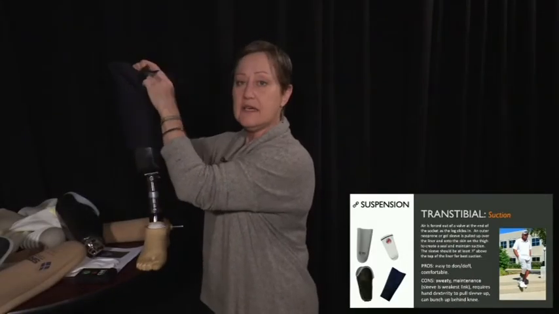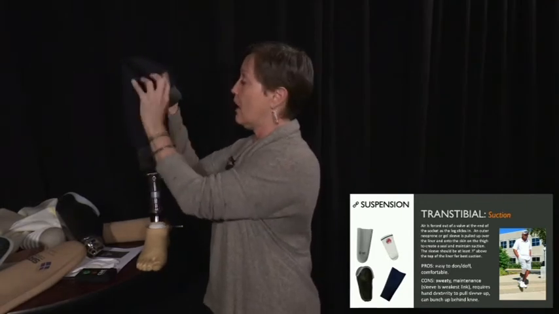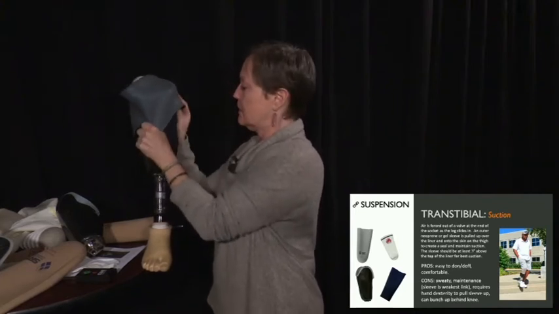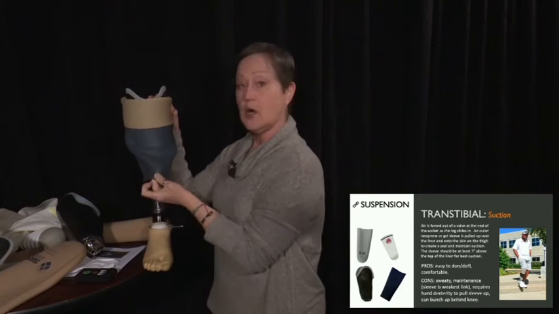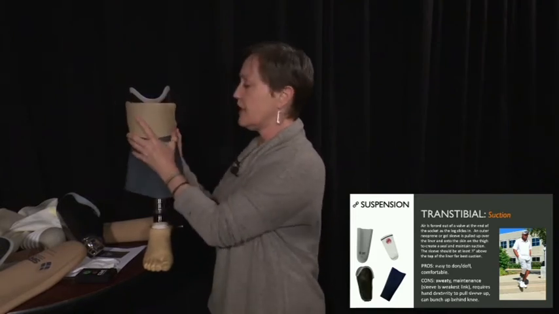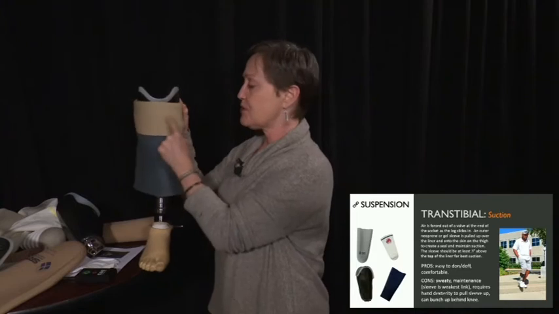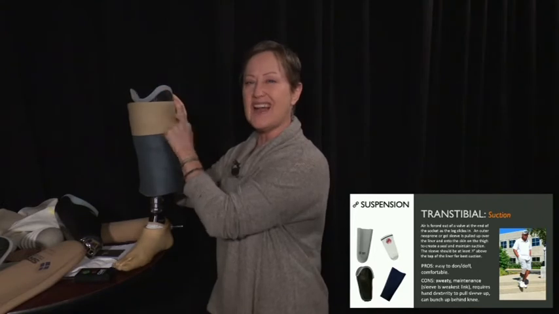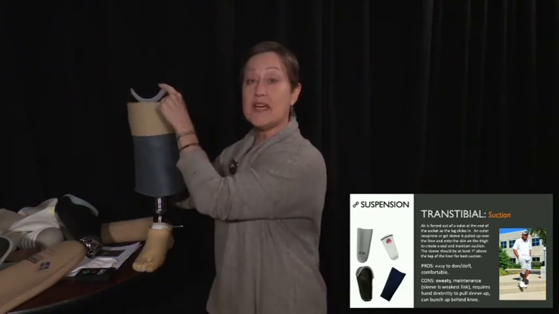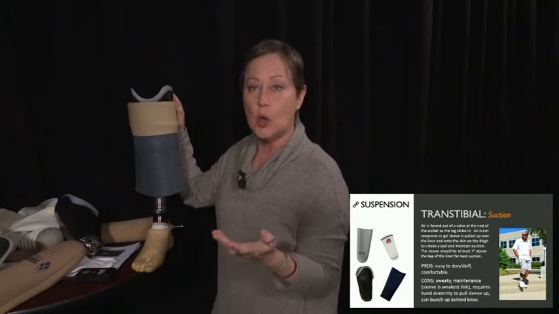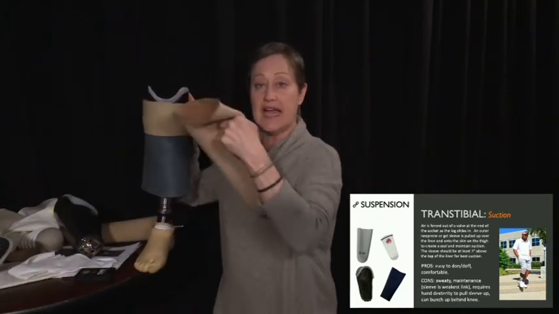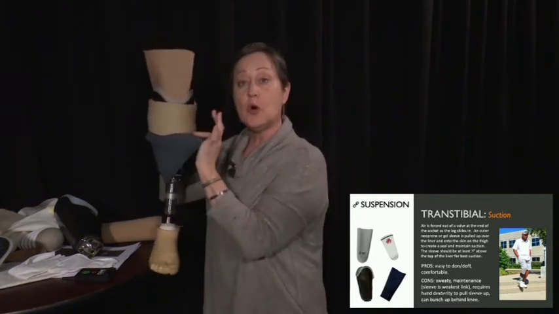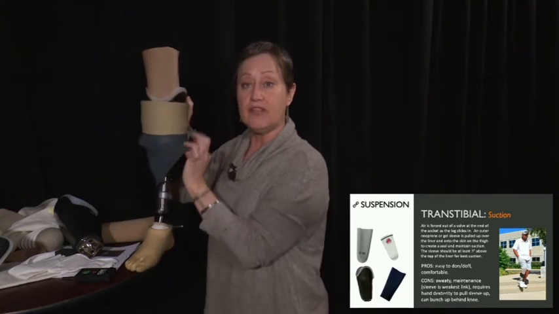So a sleeve is used specifically for the suction system in the transfem level amputee. It is also a gel sleeve that goes over the top of the liner. This particular one has a fabric component, and that goes over the ears of the socket. It's kind of a reinforcement. This is the weak spot. This is where the sleeve will get a hole in it. Then you take the leg in the liner, it goes down in the socket, air is pushed out, then you roll the sleeve up over the whole thing.